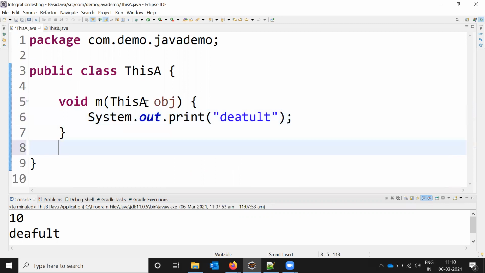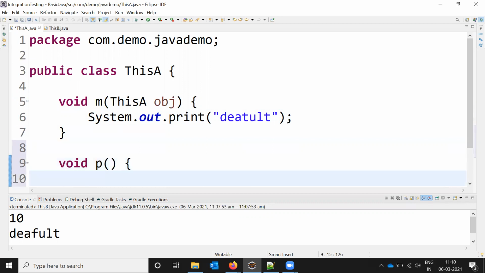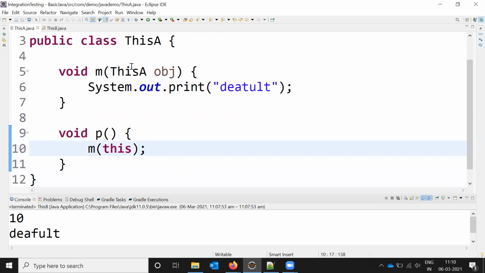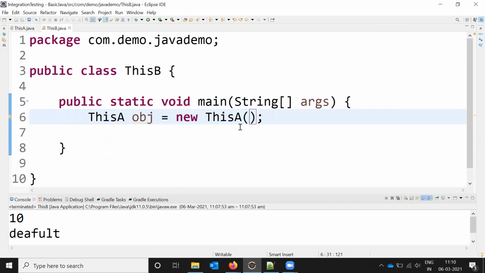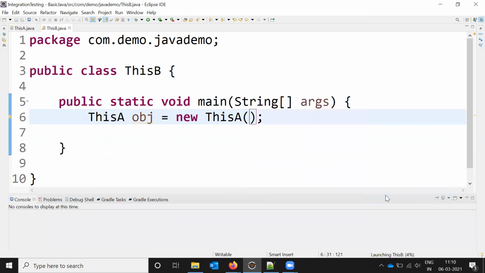Because this is the object one I'm passing here, and the second method is p, and in this p what I'm going to do, m, and I'm going to pass this value, meaning this will refer to this class object, and it will invoke. I created the object, and I'm just going to run it, it will show the value on the console,